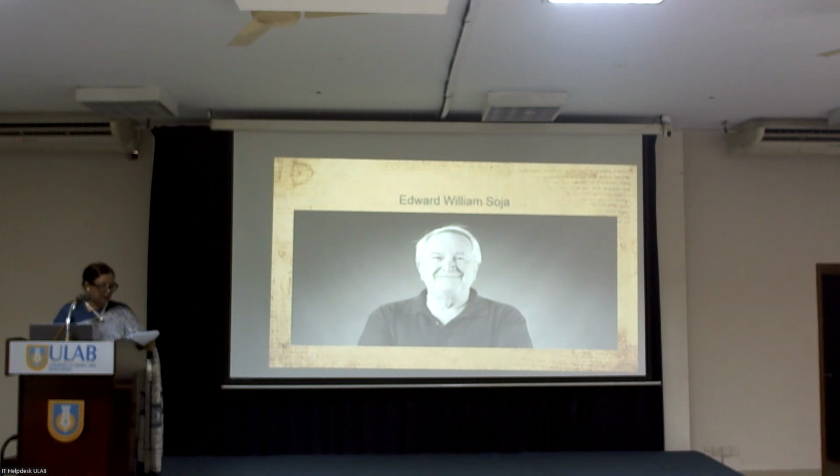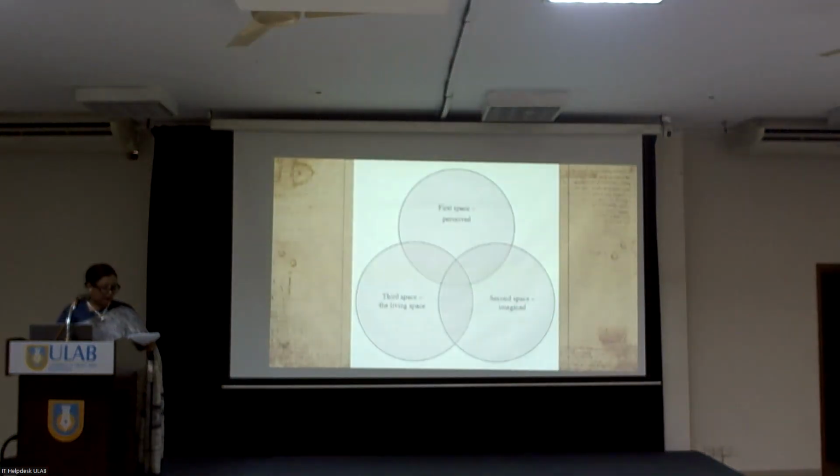Now, these two spaces, what do they say about the way space is considered? The world's leading spatial theorist, who considered himself an urbanist, sought to develop the trialectic of space that divided space into three: the real space, which is the built form, the physical being that can be mapped and seen. As we see, Habib or Ashim, they see the space, and the rest of us see the space as